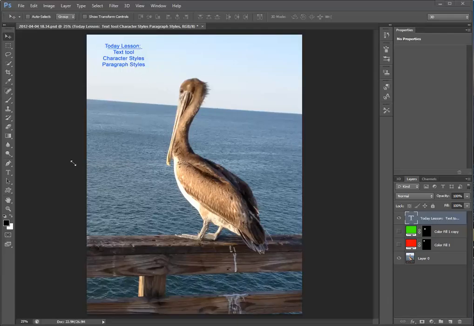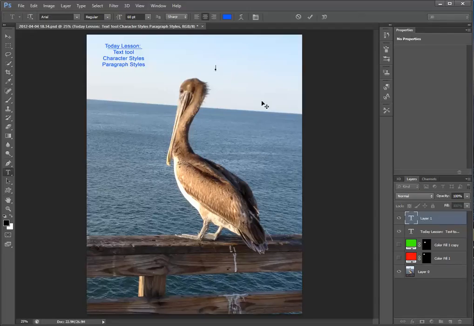Let's get started. So the first thing you want to do, we want to put some text on this document. You will go over to your tools panel, come down to your T tool, make sure it's selected, and then all you have to do is click anywhere on the document, and you would notice that Photoshop by default would add that particular layer for you, and the layer will be called layer 1 after you type the text. So we'll type the word welcome,